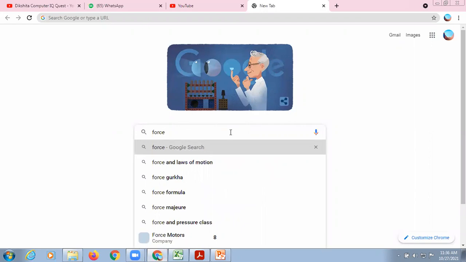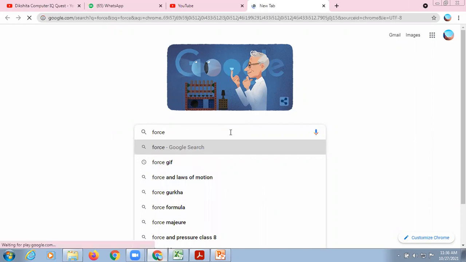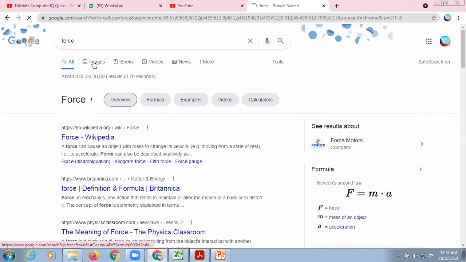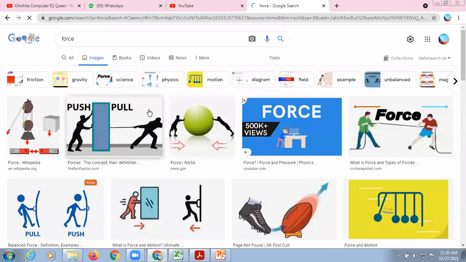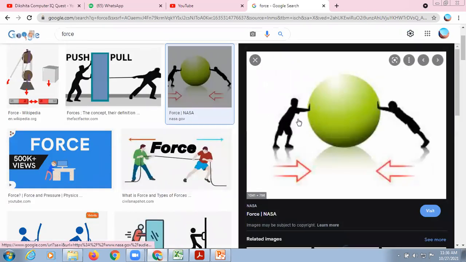Now we can have three different types of images. First, I am directly writing only force, and then let's check which type of images are coming. Go to images. Now these types of images are coming. Let's open this image.